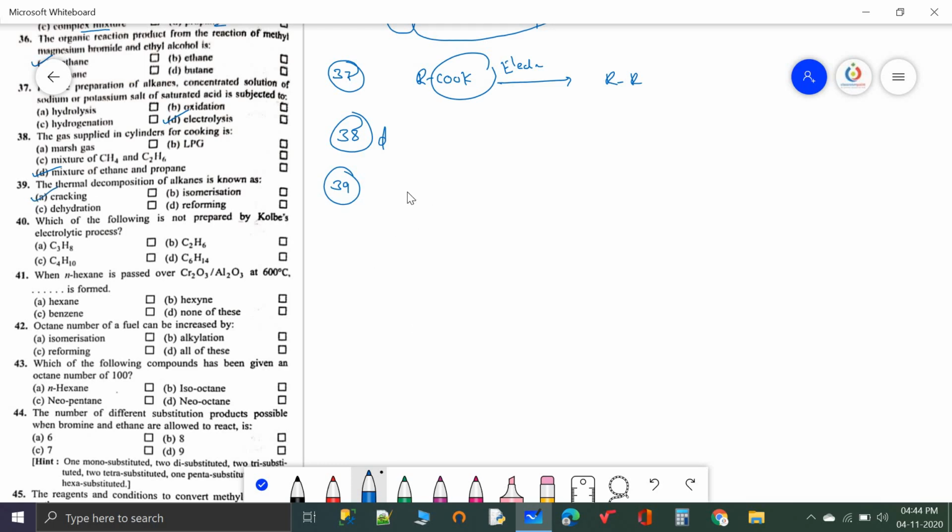So you take any alkane. When the alkane is heated with Cr2O3 and Al2O3, these are called the dehydrogenating agents, and if you heat this to almost 700 degrees centigrade, you will get lower alkanes plus alkenes plus cycloalkanes. Cracking, in this sense, is the heating of alkanes in the absence of oxygen. If you use oxygen, then it is called combustion.